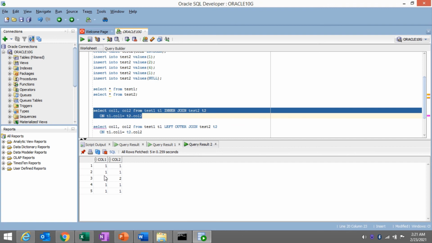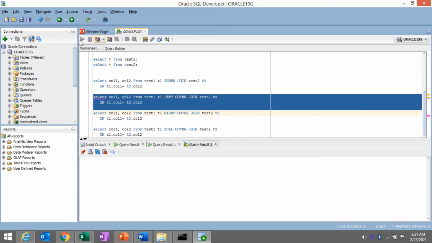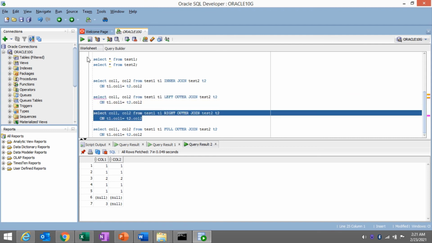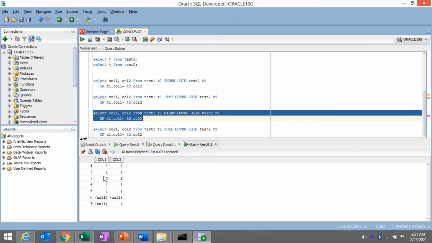If you see, for the inner join we don't get any null value records here. In the left outer join we got null for the left side record, as there is no matching, right? So in the right side it got displayed as null. Same thing in the right side also. For the right side null record we got the values, because we are performing the right outer join, right?